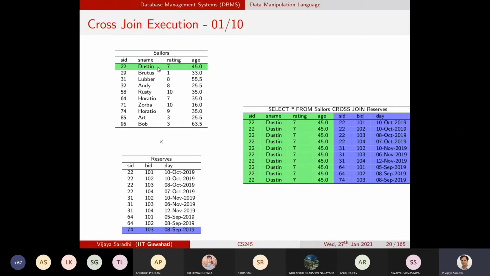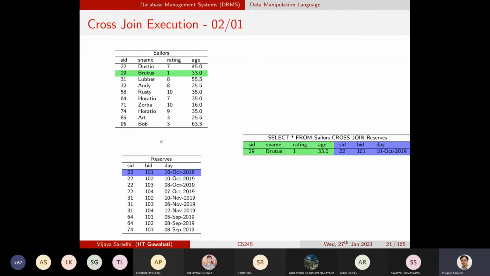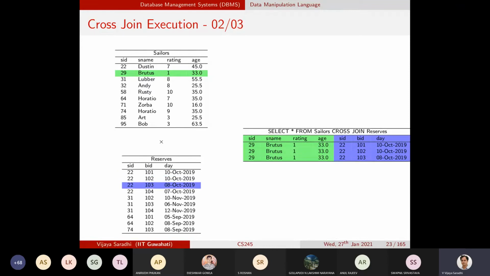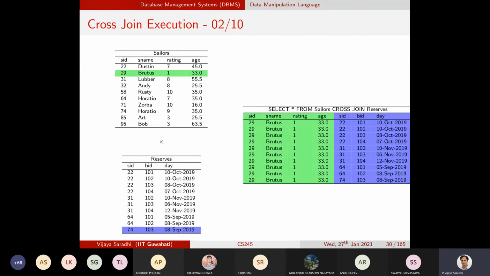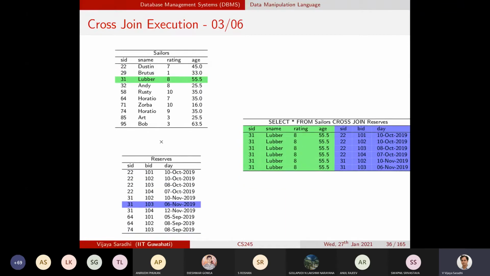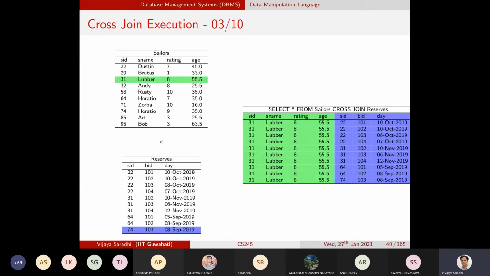That's when it completes one partial computation, and it moves to the next row of sailors and performs the join operation with reserves. Which means you will have 10 additional rows for the second row of sailors. Similarly, the third row of sailors will have 10 more records. That is what the cross join does.